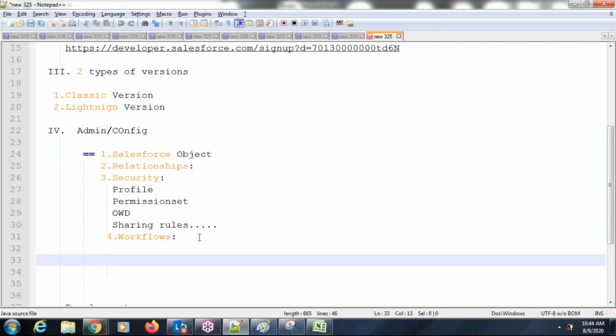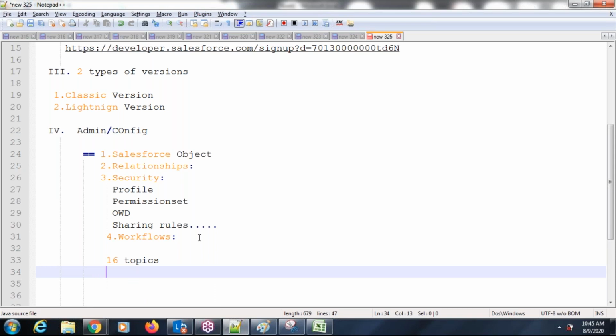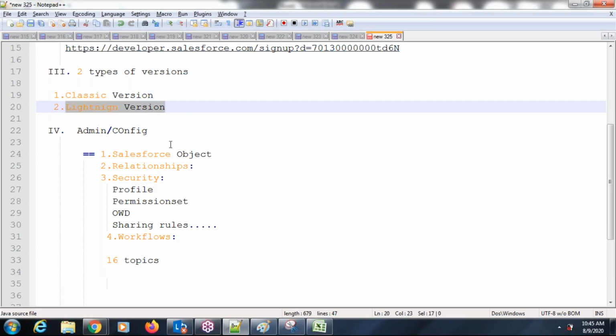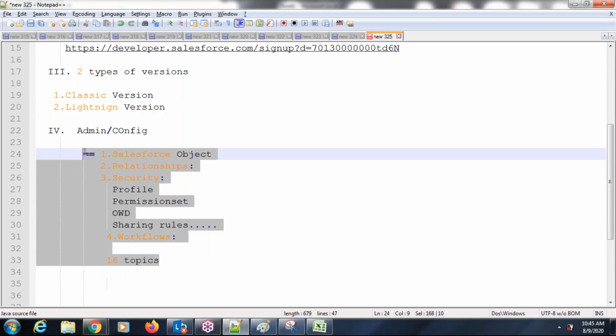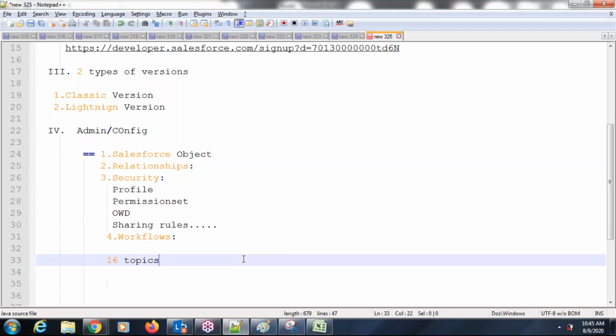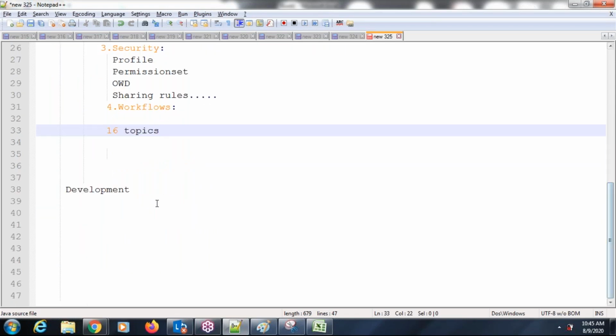Like that, in the Salesforce admin part, we have 16 topics. These topics are common in both the classic version and the lightning version, and we will discuss both versions. Once the admin part is completed, we will go with the development part.